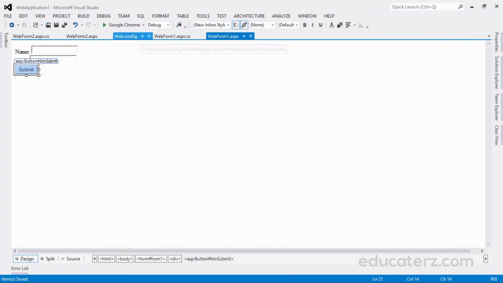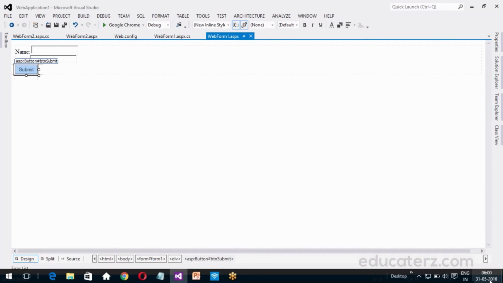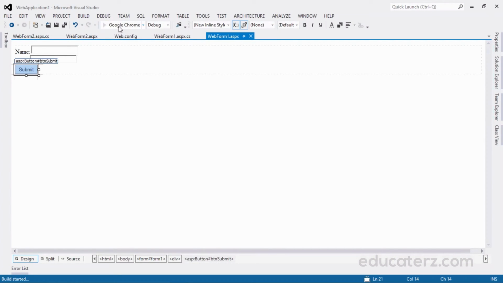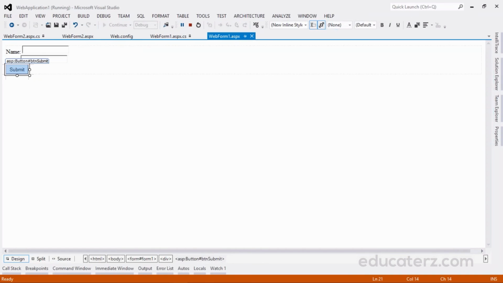Take Google Chrome. Now see what the time is now, 6 o'clock. I just wanted to know what will happen after 1 minute. Indicators, contact us at indicators.com.